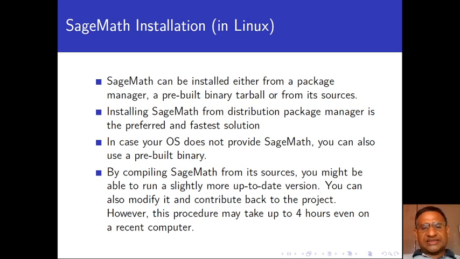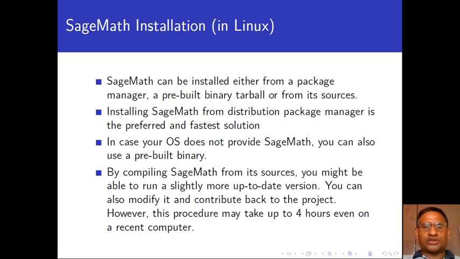However, if you compile SageMath from its source, you might be able to run a slightly more up-to-date version. You can also modify it and contribute back to the Sage project. But keep in mind that this may take a lot of time, more than 4 hours even